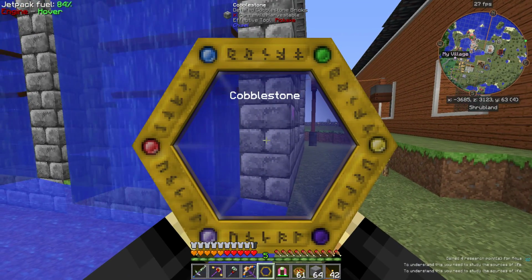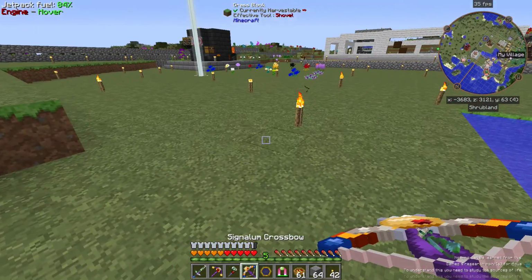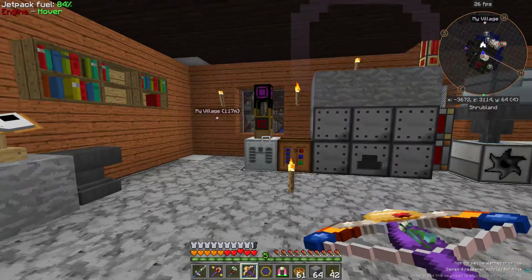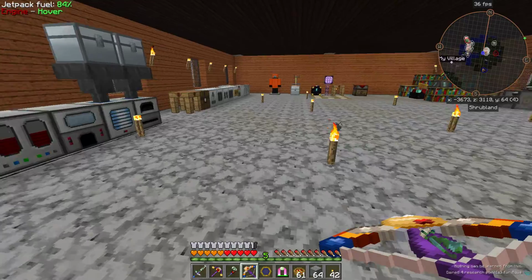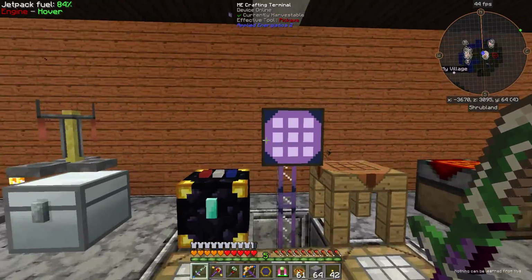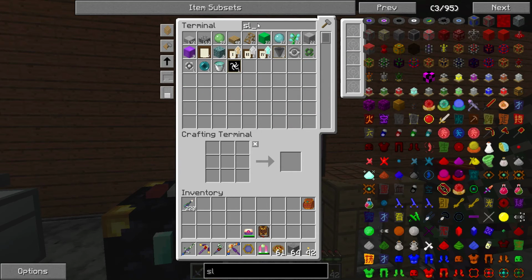Yeah, see? Cobblestone, I don't think I can do cobblestone, nope. So, I will definitely work on that off camera, because you don't want to watch me walk around and see what I can scan, what I can't scan. And there's so many Wikipedias out there for this version of Thaumcraft that it's really not a big deal. But the other thing we want to get going